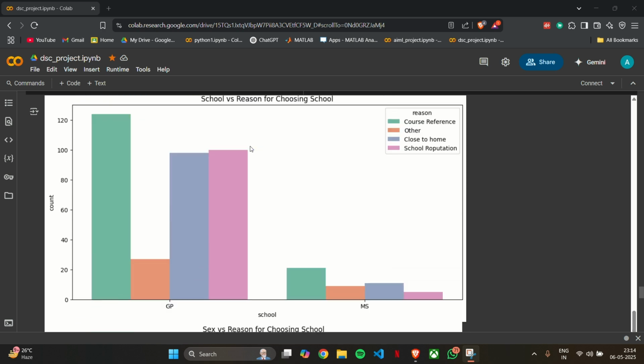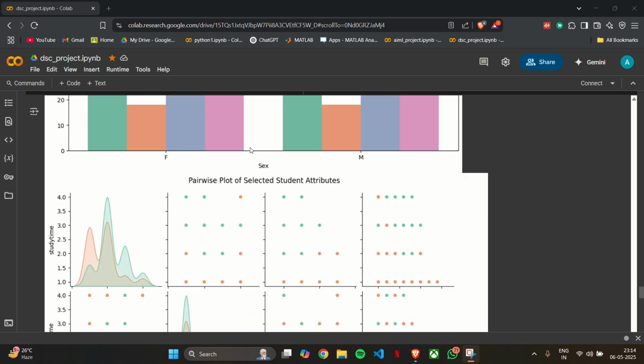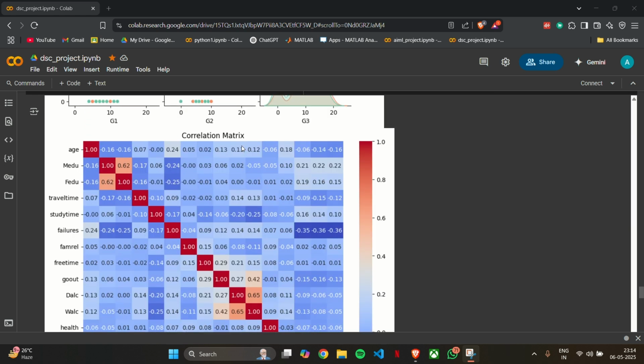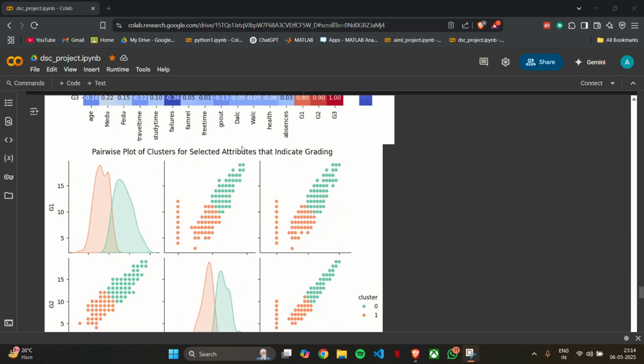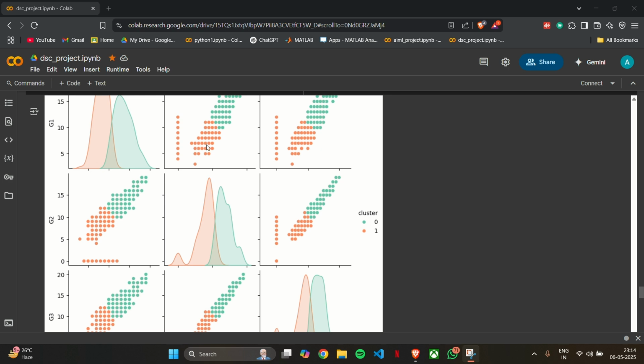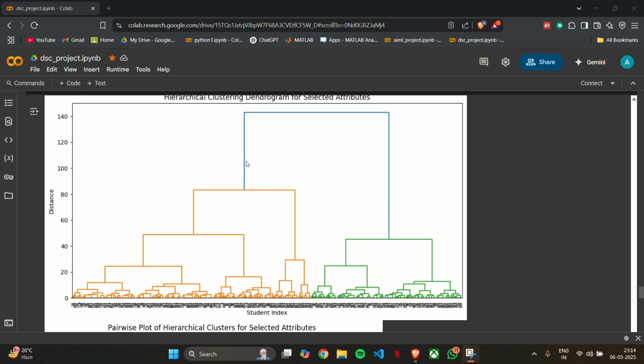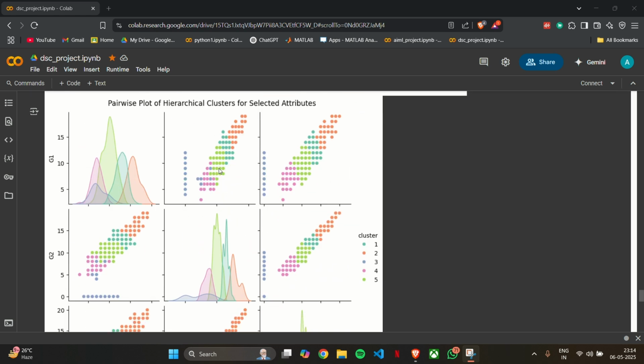time versus failure times, and school versus reason to choose the school, and these are the pairwise plots based on the given data set, and this is the correlation matrix that we have made, and this is the K means clustering based pairwise plot, and this is the hierarchical clustering based dendrogram, and this is the pairwise plot based